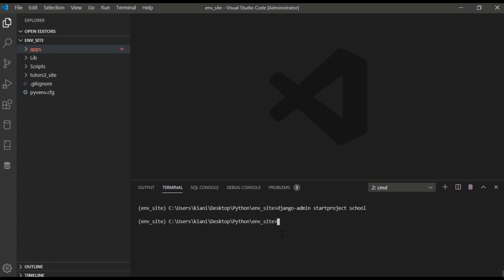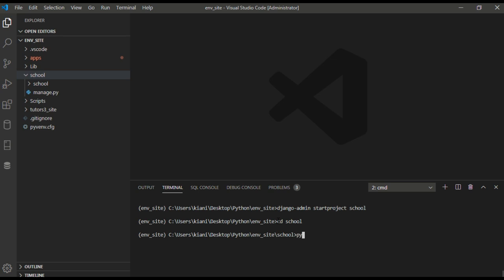So that has been created. If we refresh, you see this school, right? Then we will go to this directory school, and we will run python manage.py startapp.